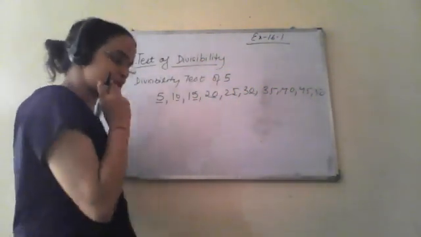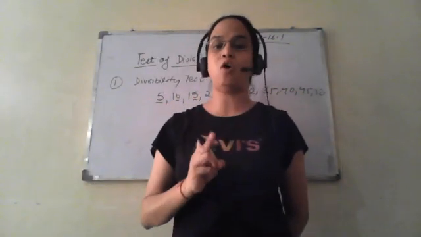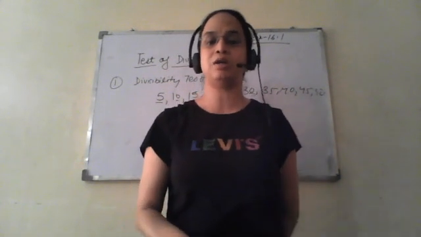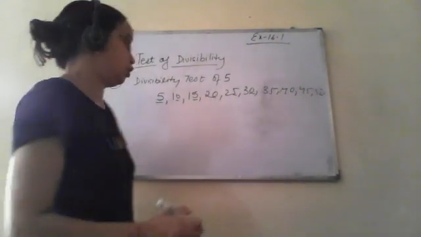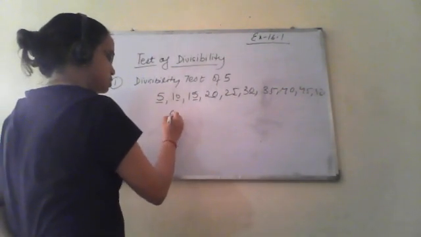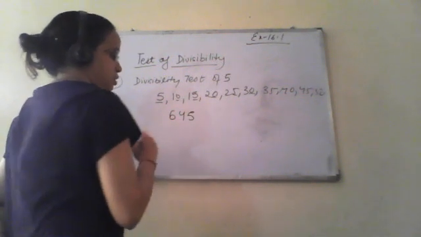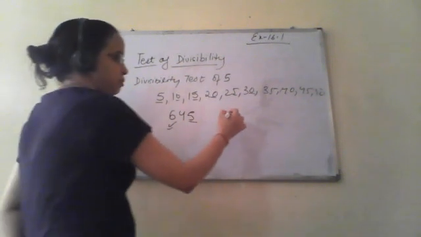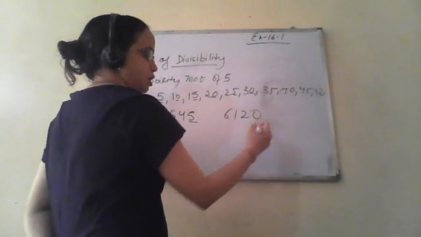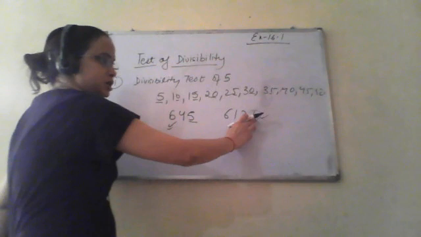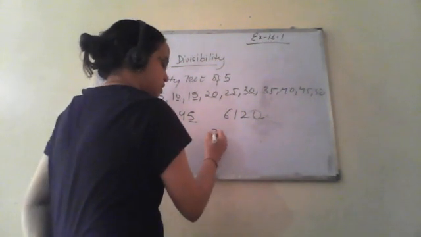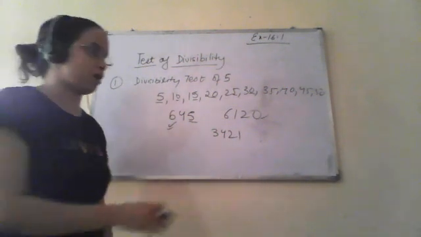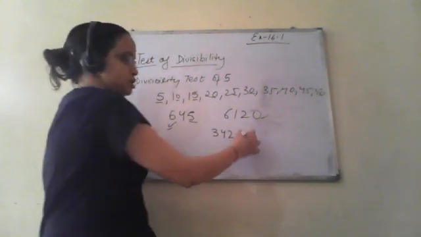Suppose we have to check two things: either the number at the unit place is 0 or the number at the unit place is 5. Then for the whole number, without actual division, we can say whether it is divisible by 5 or not. So here is one number, 645. The number at the unit place is 5, it is divisible by 5. If I am writing 6120, it is also divisible by 5 since it has 0 at the unit place. Now if this is the case, 3421, whether this number is divisible by 5 or not, we have to just look at its unit place. So it is not divisible by 5.